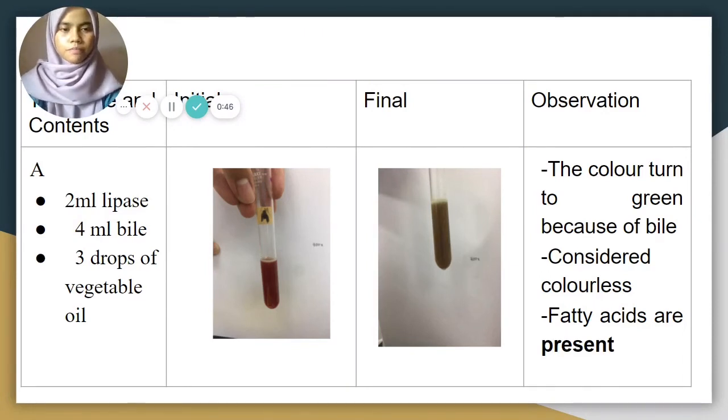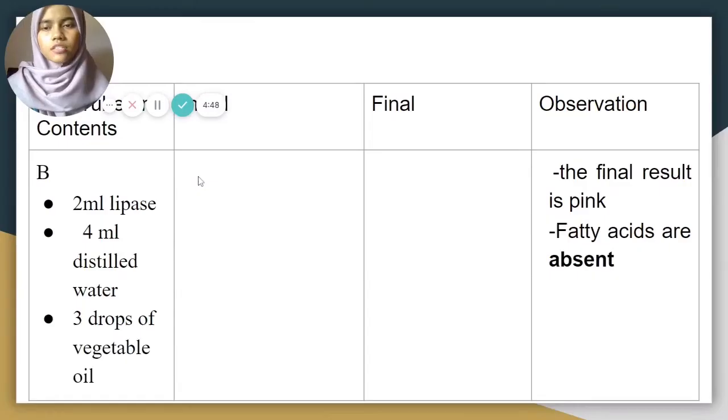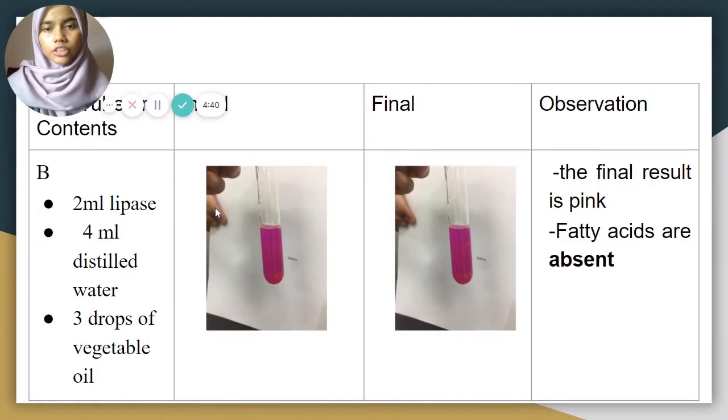So that means that the fatty acids are present. Okay, next, for test tube B, we don't put bile in this test tube. So the initial color is pink, and the final remains the same. Means that the fatty acids are absent